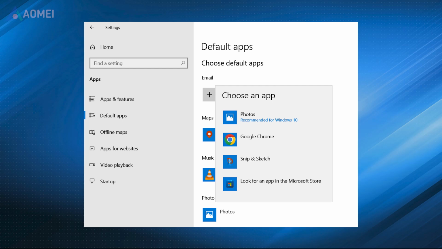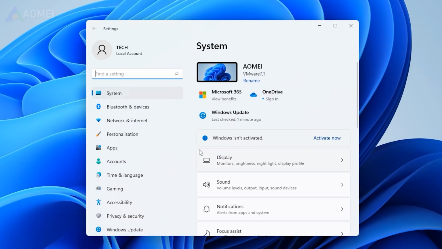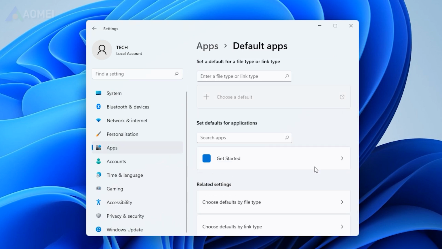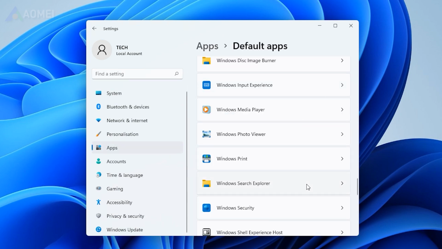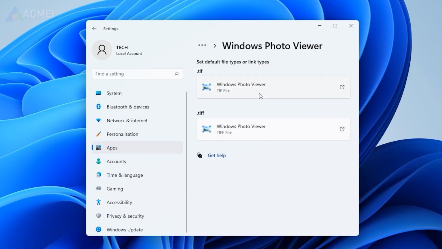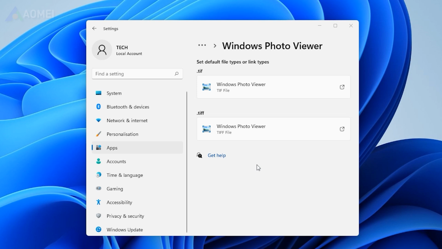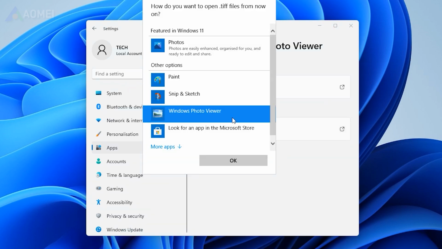Method 1. Use settings to restore default photo viewer. Open Settings. Navigate to Apps, Default App. Scroll down and click on Photo Viewer. Select Windows Photo Viewer from the list of available apps. This method will quickly set Windows Photo Viewer as the default app for viewing images like JPG, PNG, and BMP